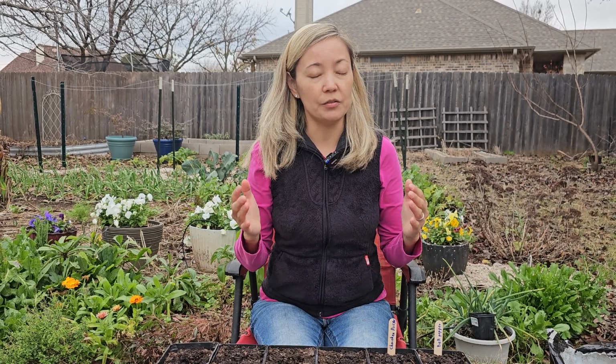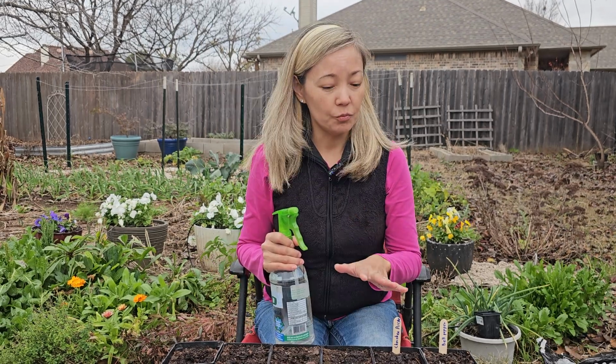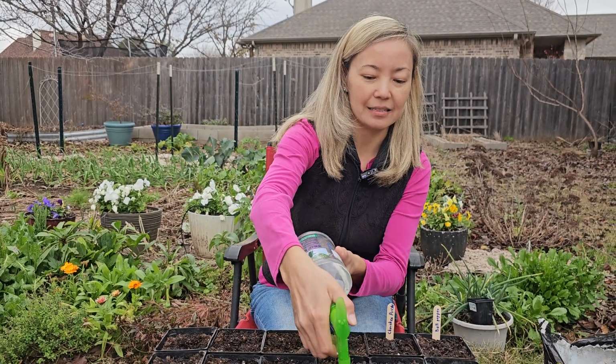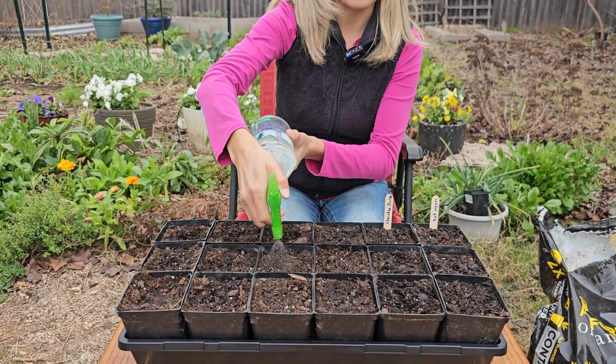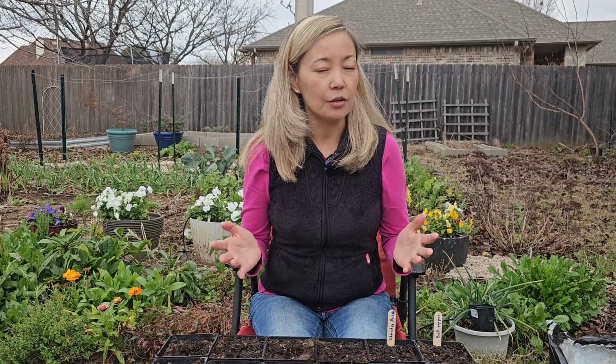Also, some people like to use domes to cover their seeds. I personally don't use domes simply because I know that I will always forget about removing the dome once the seeds come up, and that might lead to leggy seedlings, and I don't want that to happen. And since I don't use any domes, the soil dries up faster. For that reason, every day I spray my seedlings from the top with a spraying bottle, and usually that's sufficient for the soil to stay moist. If you use a dome, make sure to remove it as soon as you notice your seeds have germinated. Because like I said before, if your seedlings stay under the dome for a long time, they will get leggy